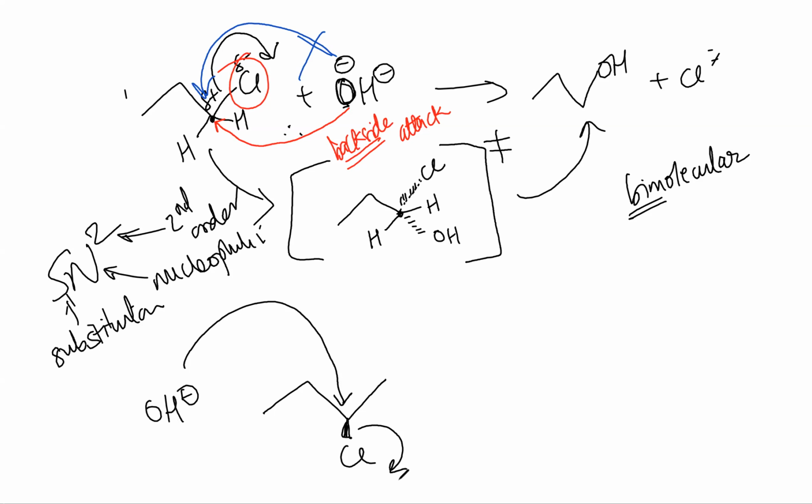Now I draw my arrow coming out of the chlorine. You can have the arrow like this also. Both arrows are fine. Okay, so if you feel like it, you can draw it on the chlorine, or if you want to be as vague as I am, it's just going out, which means it's leaving with its electrons. So this backside attack over here means that now everything is going to be inversed. Okay, so now they have OH like this,